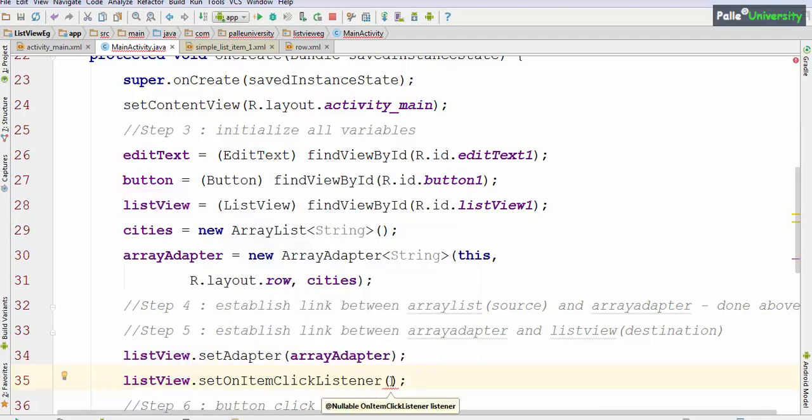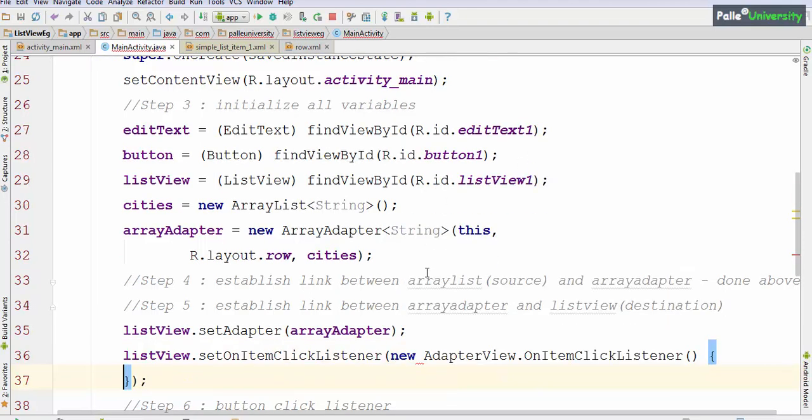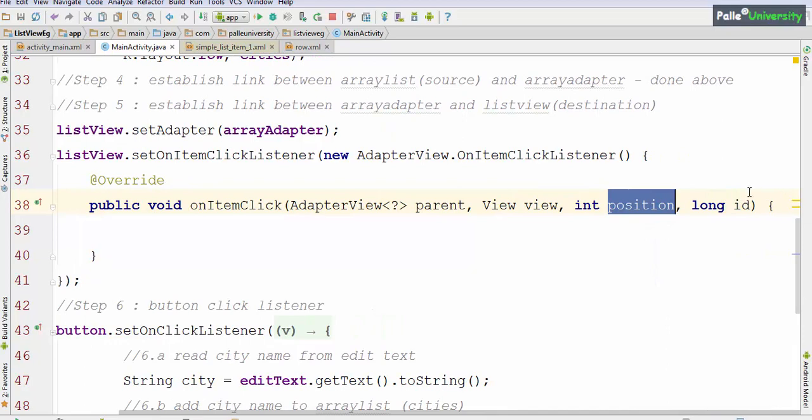Now it will show you help. What is it expecting? It is expecting an OnItemClickListener. So you should type new, space, OnItemClickListener. Don't type completely. Use the intellisense window. Double click this. It will fill the code automatically. It has 4 parameters. Parent, which I have mentioned as P1. This is pointing to the list view address. This is the text view address. This is the source position, that is the element's position in the array list, and this is the destination position, that is the element's position in the list view.